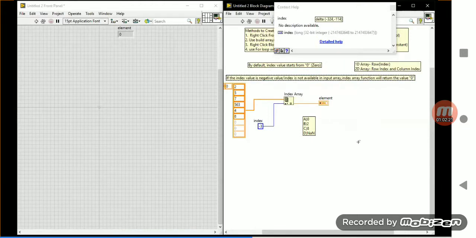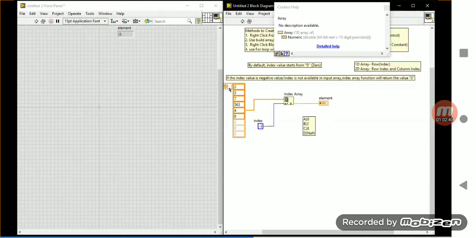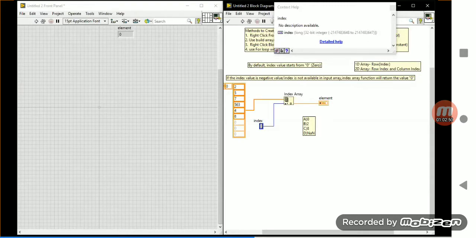So see here, the index will be -3. That is a negative index I'm giving. If it is a negative index, you will get 0 only, not the 0th index value. Very important. What is the maximum index in this array? The maximum index in this array is 5. Suppose you give 6, or 5000, whatever value, you will get 0 only, not the 0th index value. Very important question.